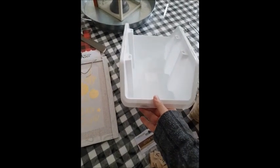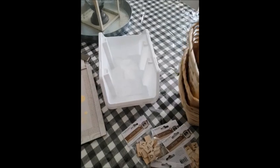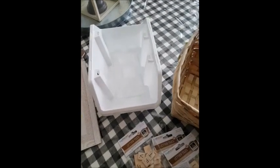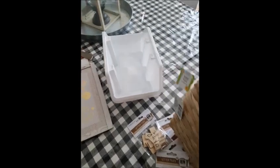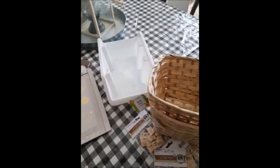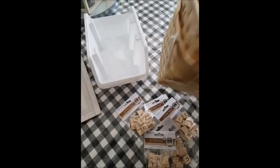So it's great if you don't have a lot of space. I then came across these baskets, and I thought they were a nice size. These would be great if you have the Dollar Tree